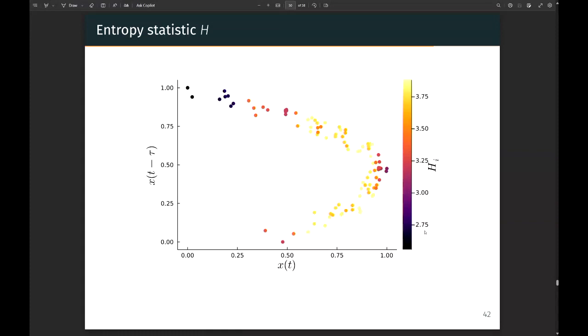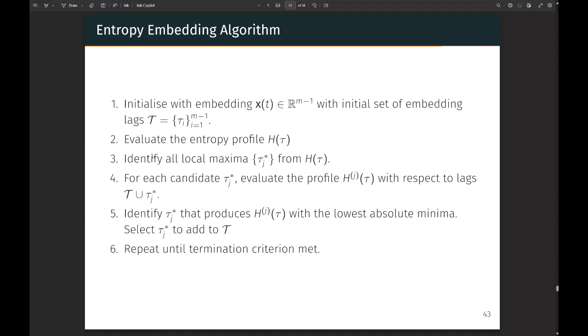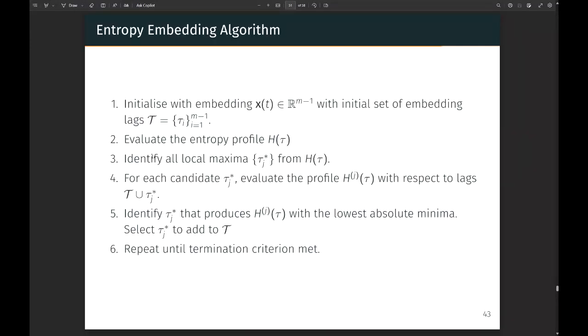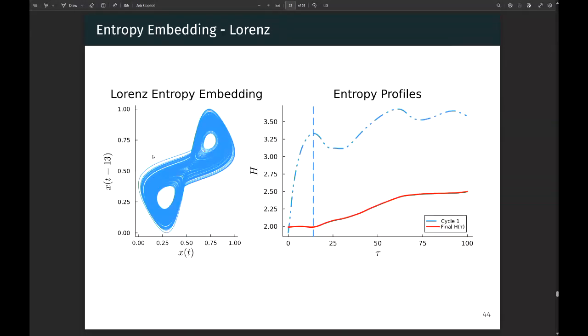Now you can take some kind of average across this embedding to give a score for how good or how bad this tau is. Where a lower score means there's a lot of one-to-many relationships happening here, which means you might want to consider that tau as a potential candidate. If it's a high score, you don't need to. Sorry, high entropy means you want to consider it. Low entropy means you don't. I got it the other way around. And so that's the approach you're going to do it.